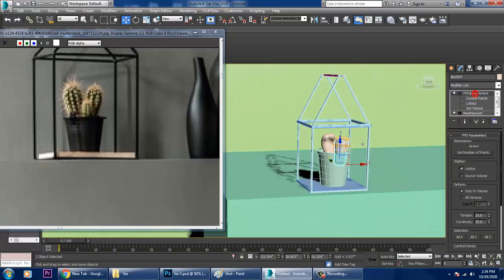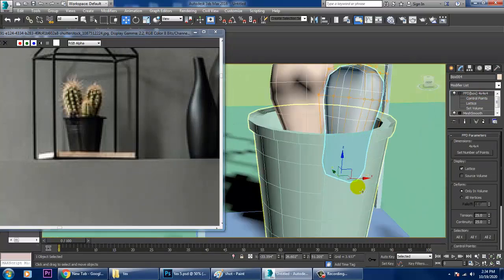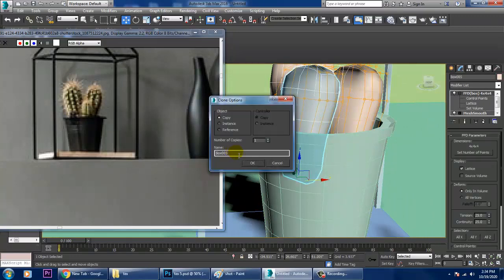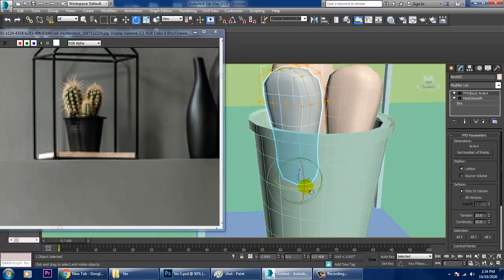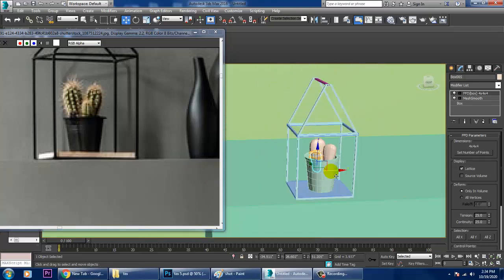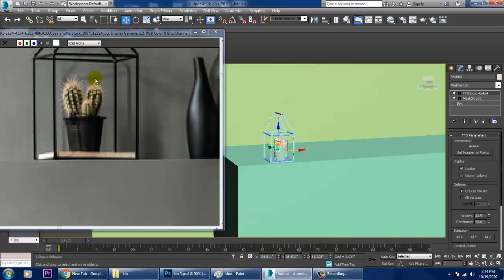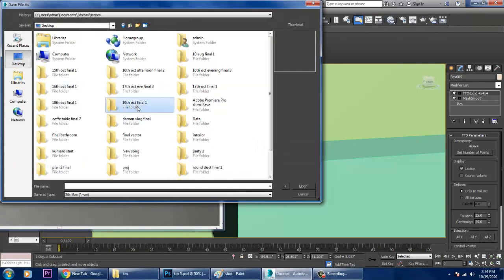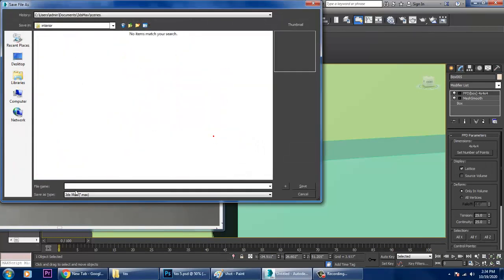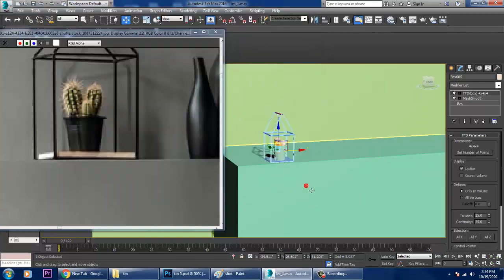Alright, again make a duplicate of it and rotate it. Scale it. Let's just save your file. We haven't saved it yet, so let's save it as int_1.